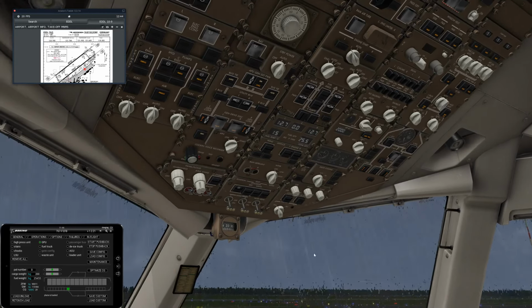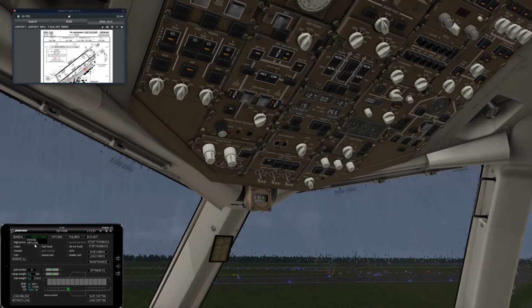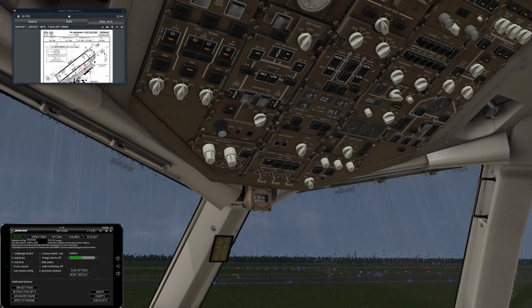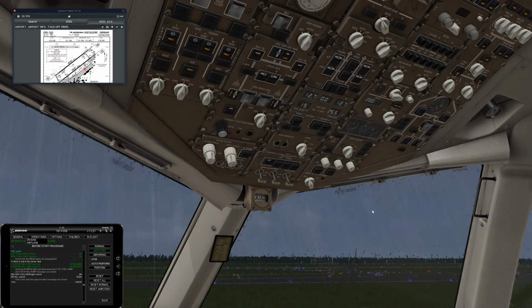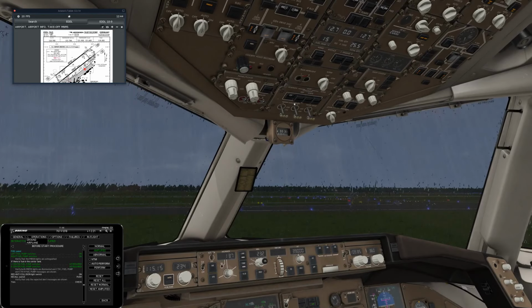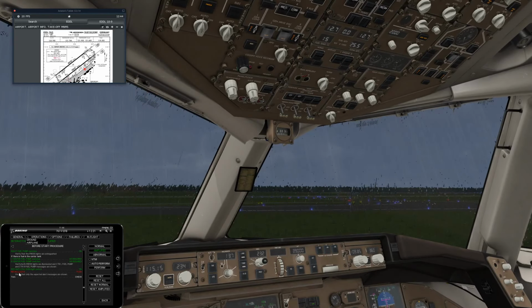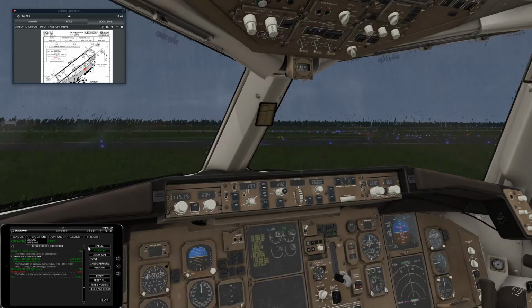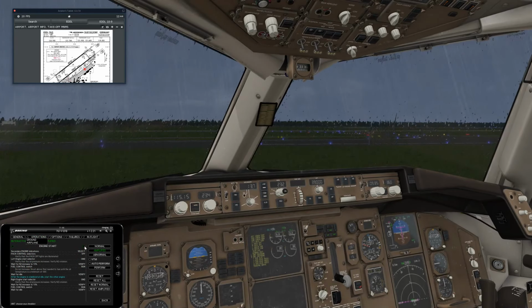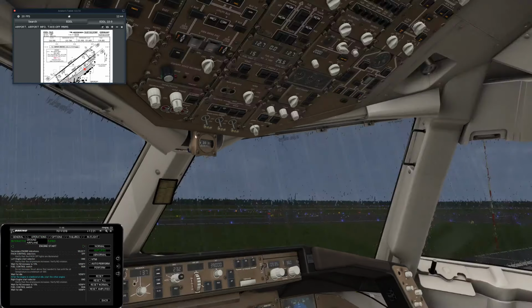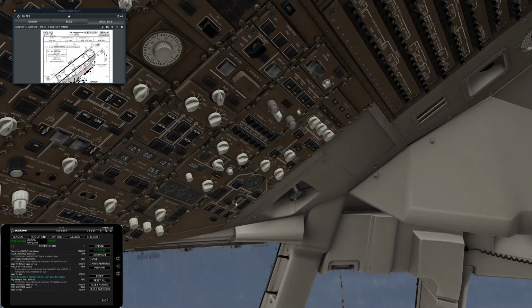And put the isolation switches on as well. Just gets the air running from the APU. So it's running,